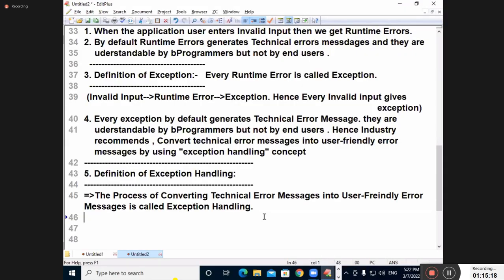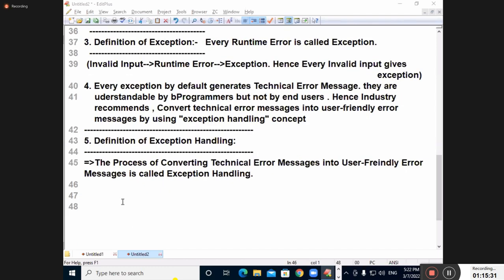Very good. Clear or not clear? Now I'm going to give you the clarity. Students who are online, is it understandable, my dear students? Is this definition clear? Very good. Is your confidence increasing now?